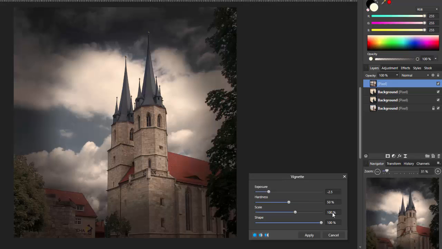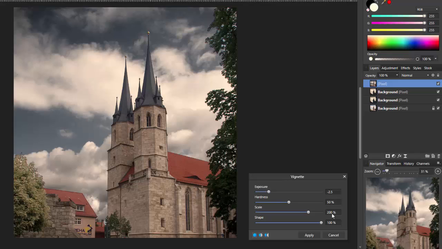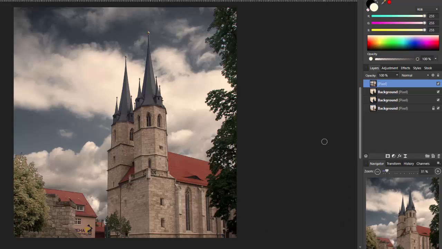Scale I'm going to have at 200, and shape I'm going to leave at 100%. So it's just making the corners really a bit darker. So I'm going to click apply to that,